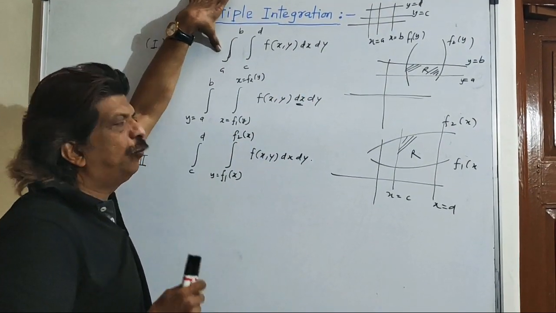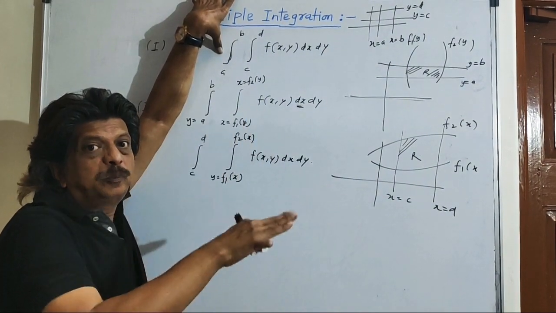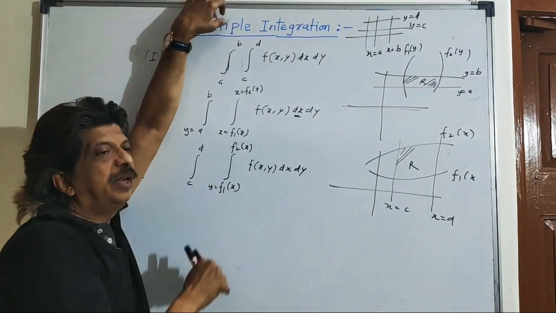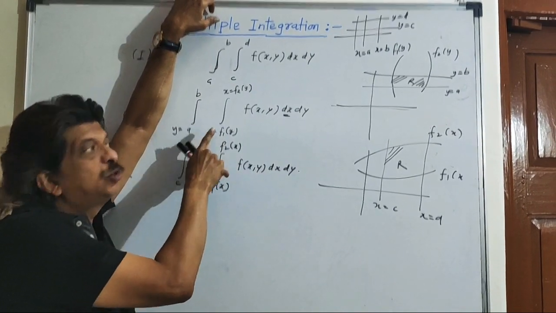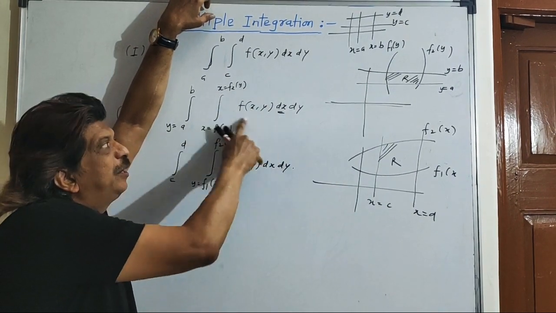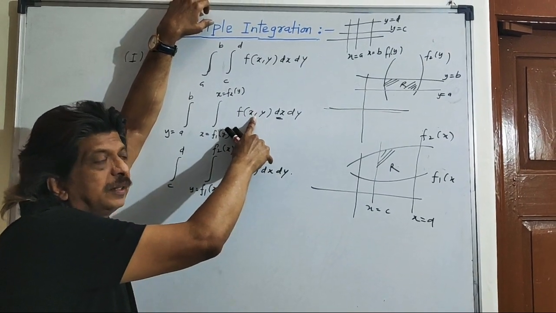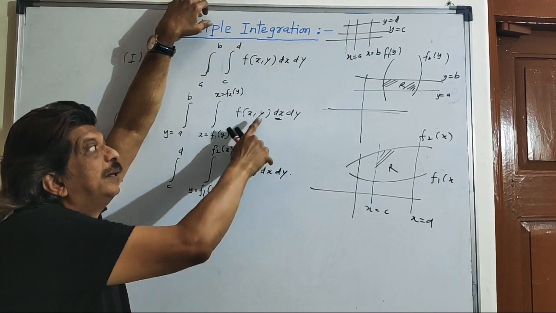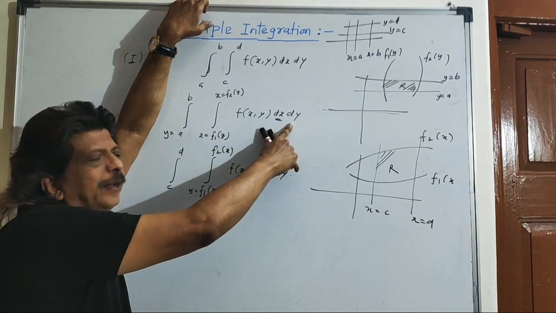If all the four limits are constants, then it can be integrated with respect to any variable we wish. Now, if the limits are mentioned in terms of y, they are limits of x, so it is to be integrated with respect to x first. After integrating f of x y with respect to x, keeping y constant, and employing upper limit minus lower limit, that final answer is to be integrated with respect to y.